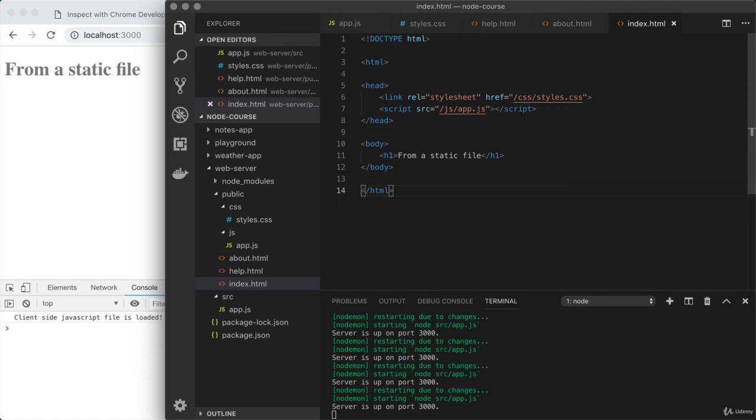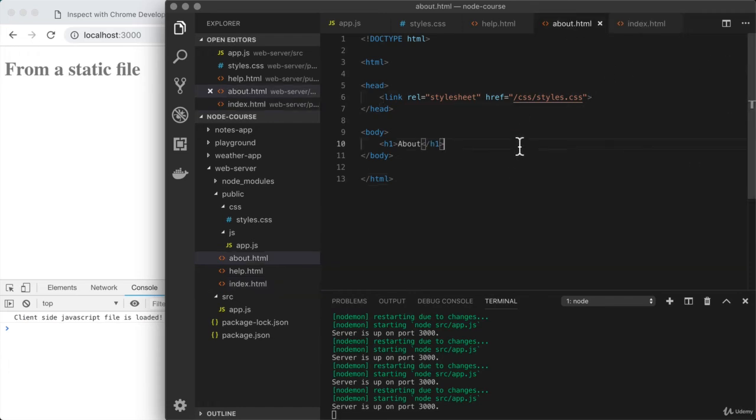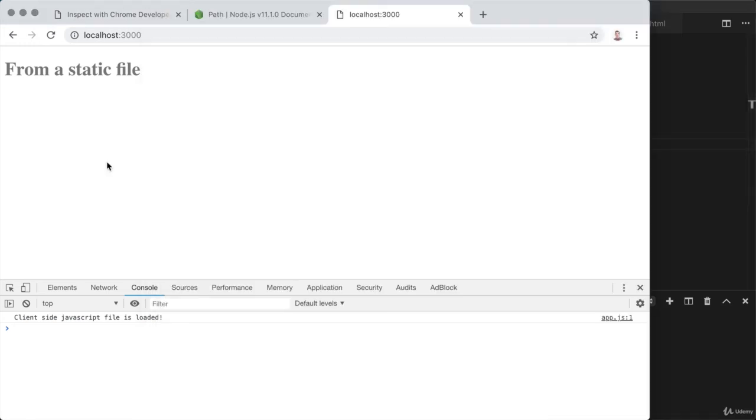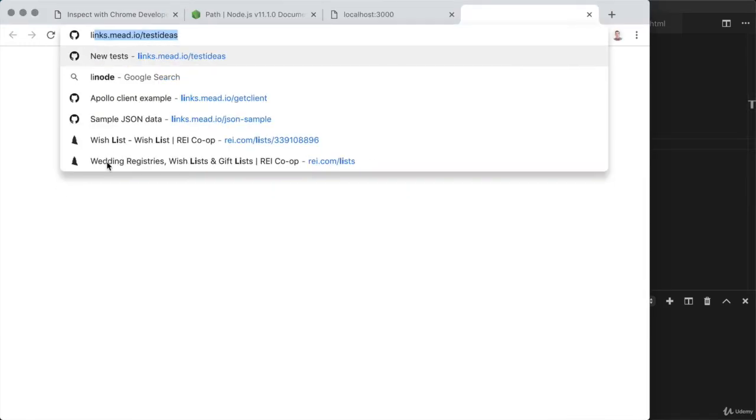This means we are going to need an image we can load into one of our HTML files. We're going to get a profile picture of ourselves and put that on the About page, so it shows up under some description about what the website is all about. Now, if you have a picture of yourself, you can go ahead and bring that into the public directory. I'm going to use a picture of myself at